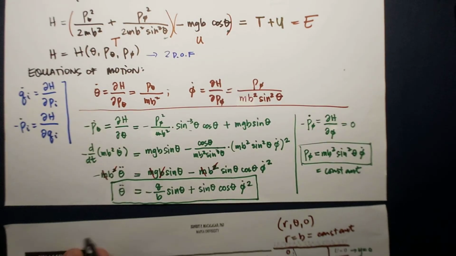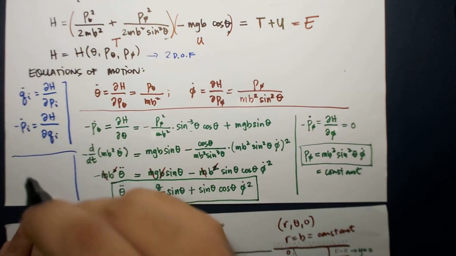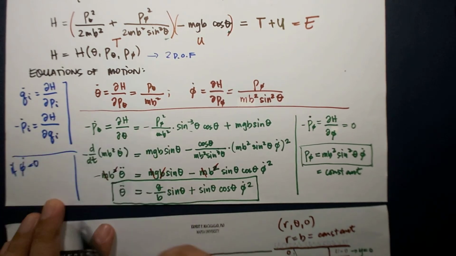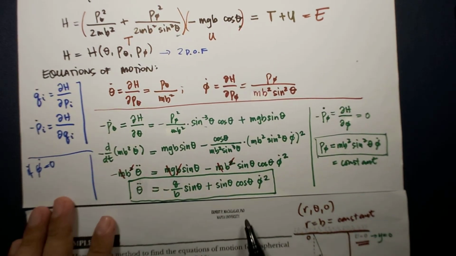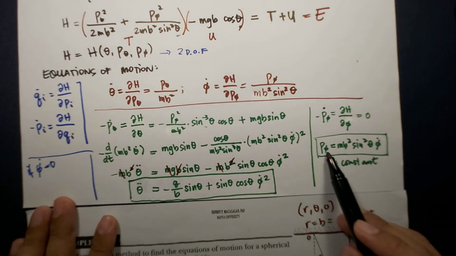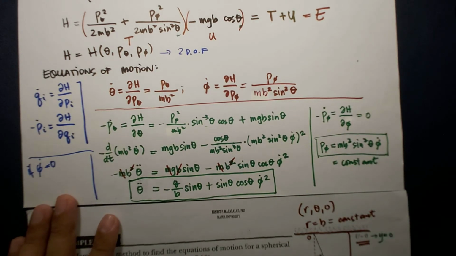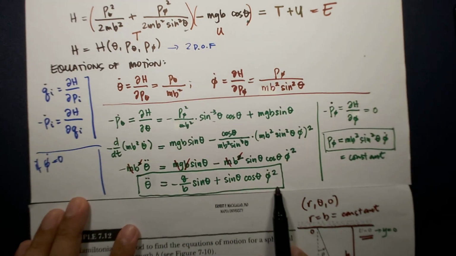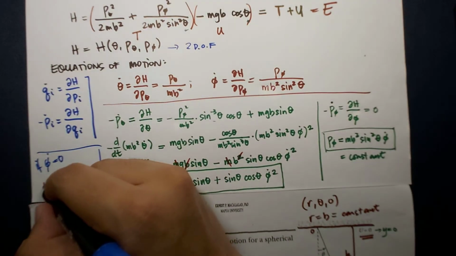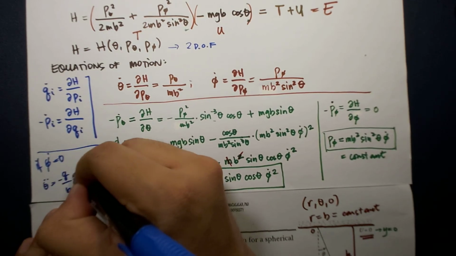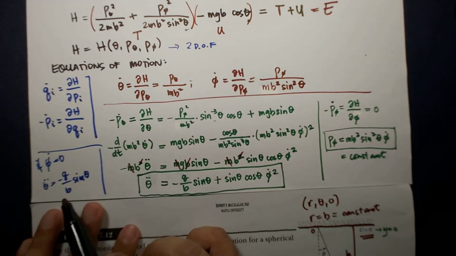So when phi dot is 0, okay, so this is 0, this is 0. So p phi, or the momentum along phi, will be equal to 0 naturally, and in this case, this will now be reduced to theta double dot equals negative g over b sine theta, which is our equation of motion